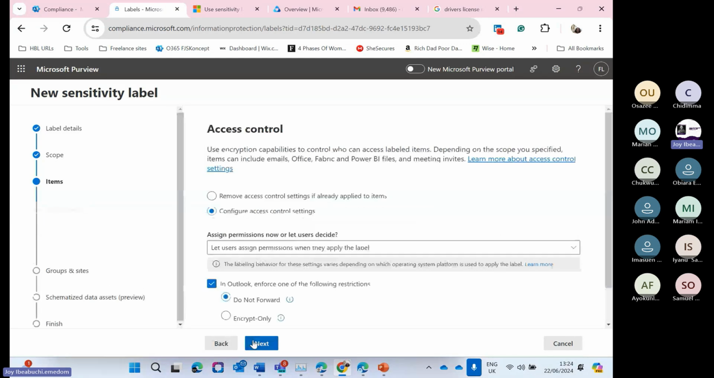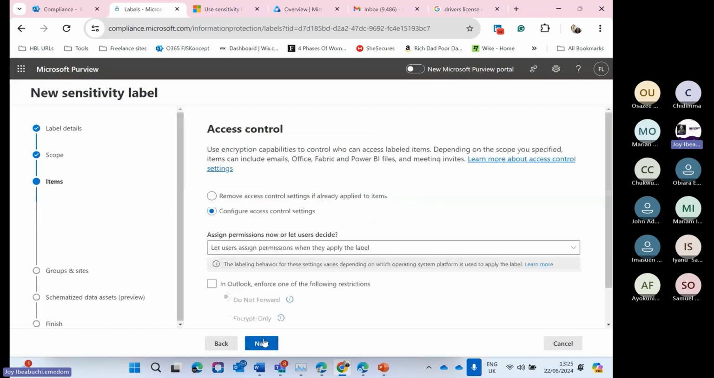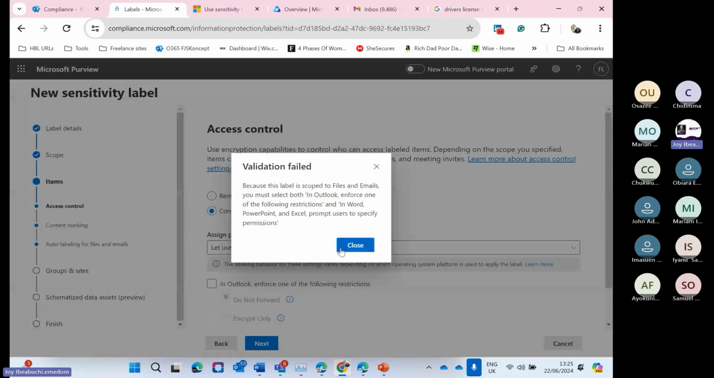Create your simple labels, categorize it, don't put anything too serious. That's how I've deployed it over the years for organizations. Start with very simple: public, confidential, highly confidential, restricted, and then just publish them out. Once you do that, users will see